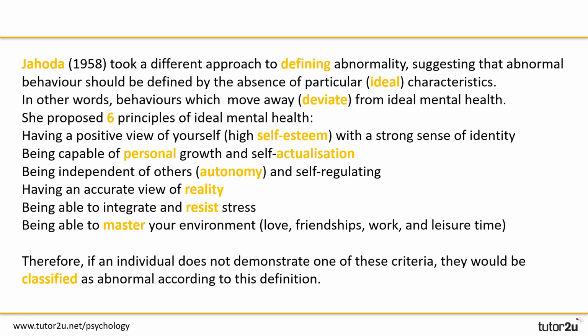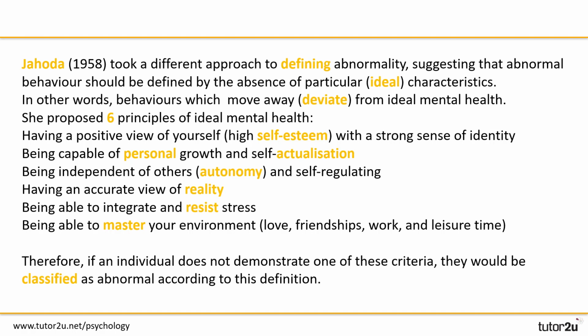So Jahoda, 1958, took a different approach to defining abnormality, suggesting that abnormal behaviour should be defined by the presence of particular ideal characteristics. In other words, behaviours which move away or deviate from ideal mental health. She proposed 6 principles of ideal mental health: having a positive view of yourself, high self-esteem with a strong sense of identity, being capable of personal growth and self-actualization, being independent of others, autonomy and self-regulating,